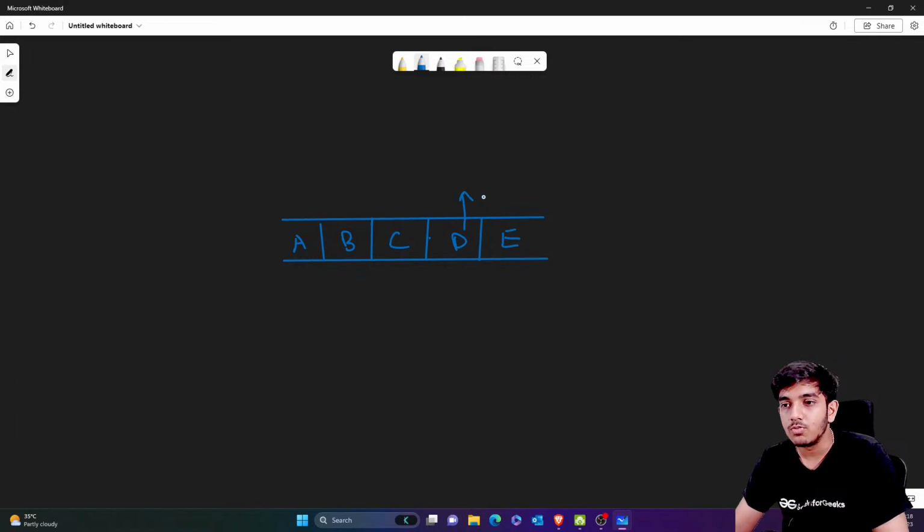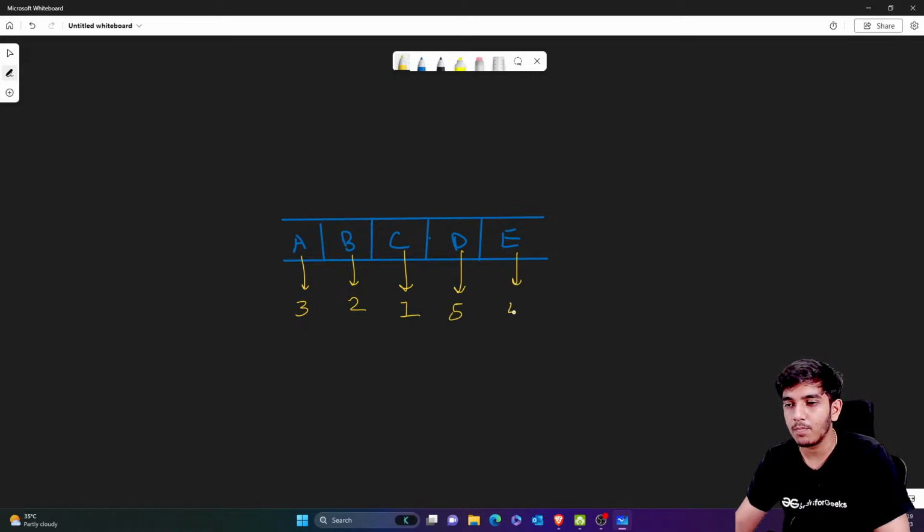How can you do that? For that, the priority queue was introduced. The usage of a priority queue is very easy. Whenever you are enqueuing an element, along with it you will always add its priority. Suppose A has priority 3, B has priority 2, C has priority 1, D has priority number 5,